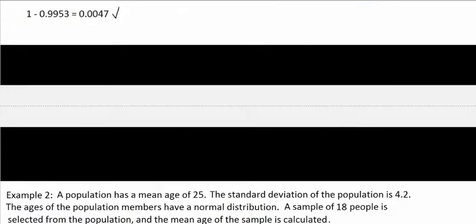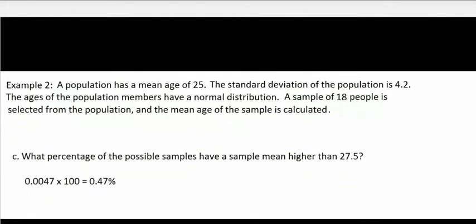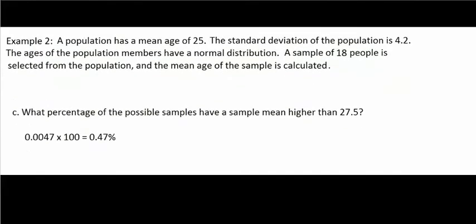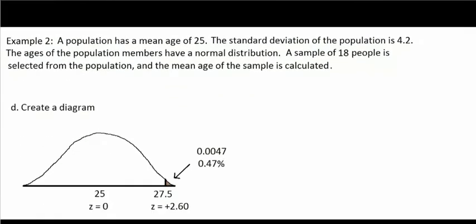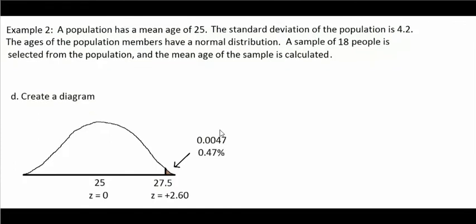And now the next step, just like before, is a percentage. We're multiplying that by 100 to get a percentage. It's 0.47%. Now we have our diagram, and the diagram is the same as before, except now we're shading to the right of our number,